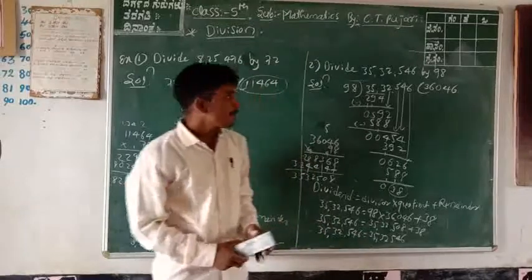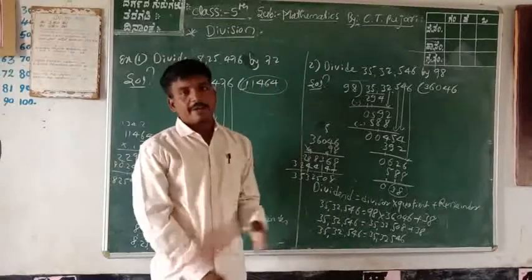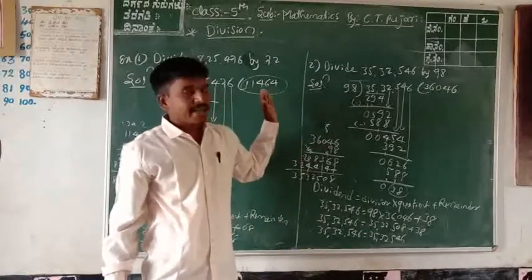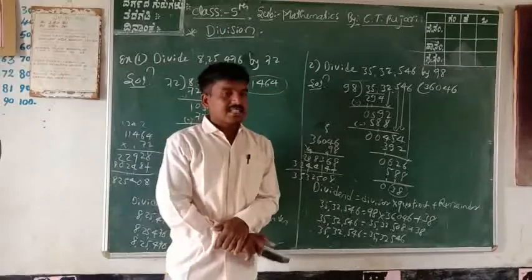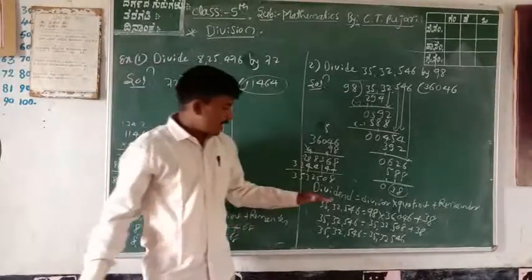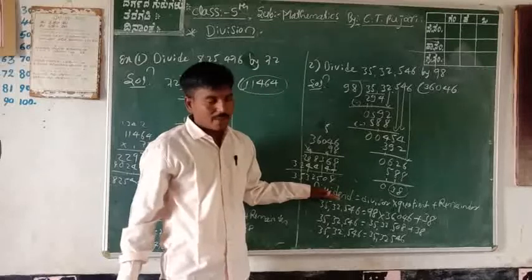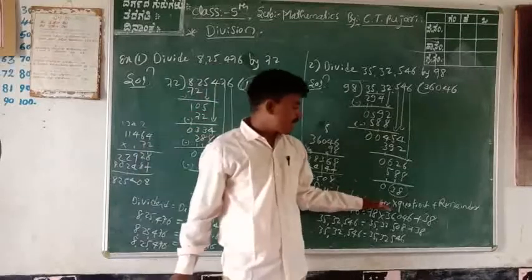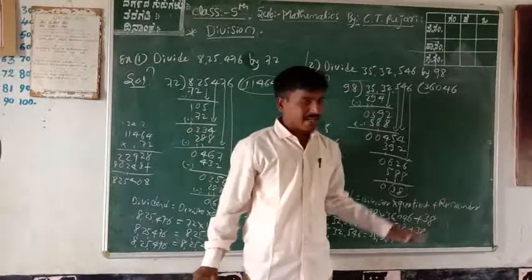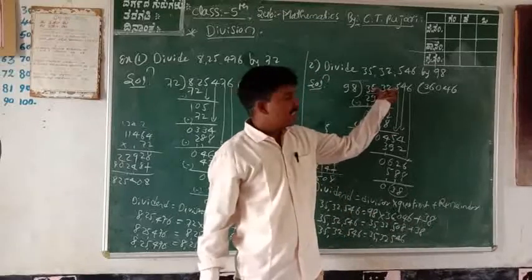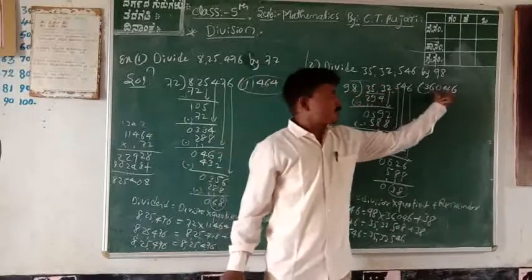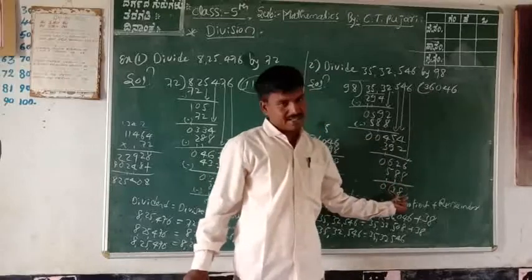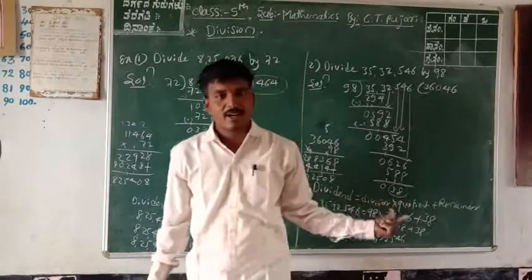These all are division examples. We can do them in our practice, in our homework, in your exercise. I shall continue next class. This division depends only on our rule: dividend is equal to divisor into quotient plus remainder. This is the dividend, this is the divisor, this is the quotient, this is the remainder as well. Got it? I shall continue next class.